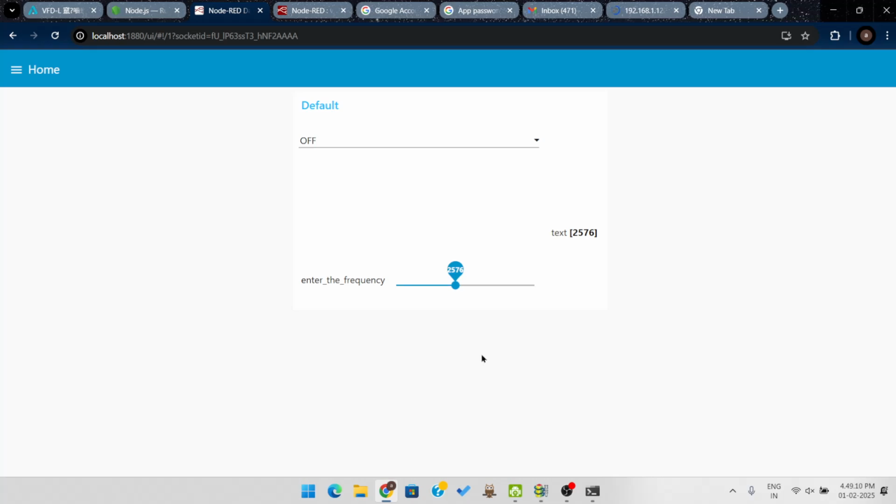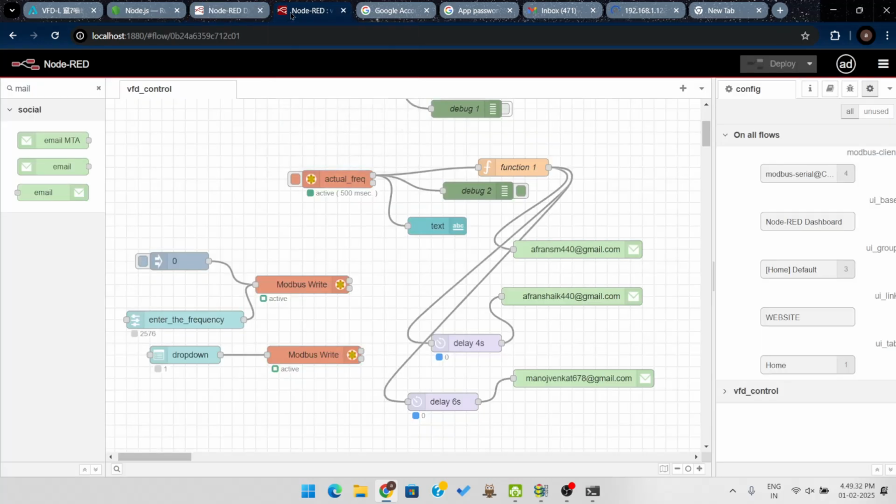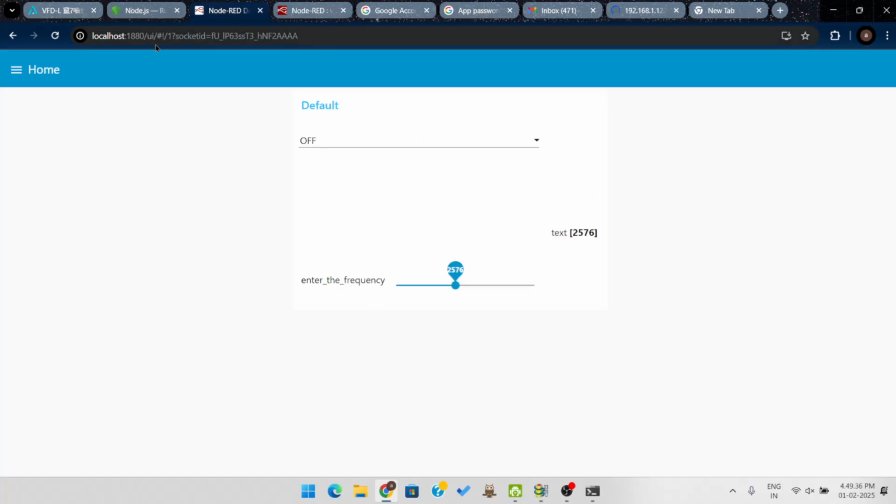area network. Okay, this is one method how you can access this dashboard from your local area network: by accessing the IP address of this laptop, and you just need to enter the port address slash UI. If you do not enter this UI, you are directly redirected to the development window of Node-RED. Okay,